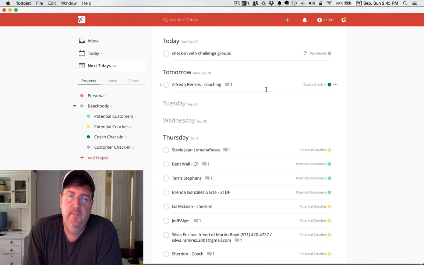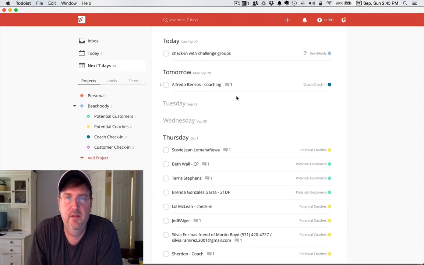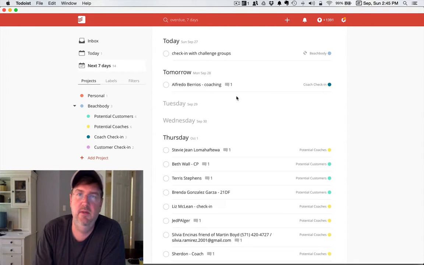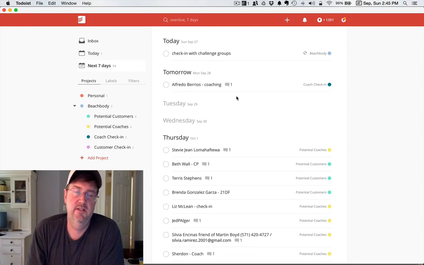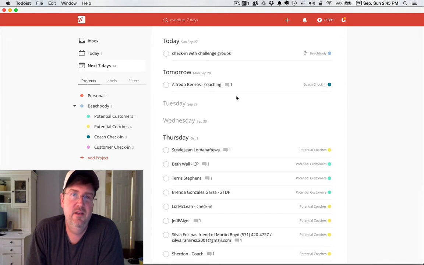Now, it's a completely free app or completely free program, but you can pay a couple dollars and get the premium version. I forget how much that was, and I do have that, and that allows me to do the notes, and it also allows me to add reminders or alert notifications, so that it'll actually send me an email or a text when an alert is due, which is a pretty nice feature. So I'd say try the free one. If you like it, then upgrade to the premium, because it's very cool.